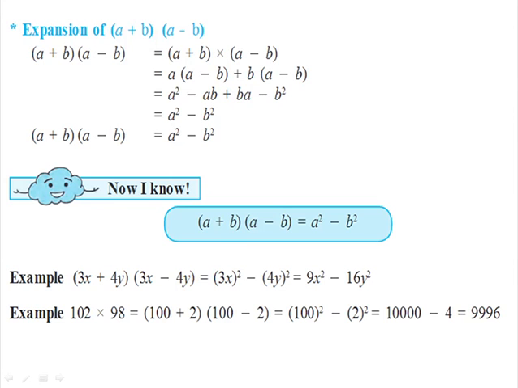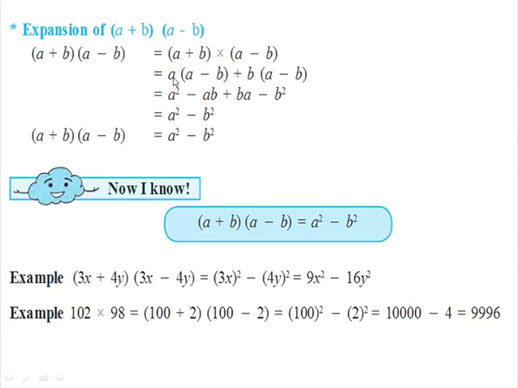Let's learn the expansion of (a plus b)(a minus b). Here we will see the product of a plus b and a minus b in an algebraic manner, that is, by multiplying a binomial by a binomial. We have already studied how to multiply a binomial by a binomial. Here we will multiply the first term of the first binomial with the second binomial. Then the sign given in the first binomial will be written in between, and then the second term of the first binomial will be multiplied with the second binomial. That is a into (a minus b) plus b into (a minus b).